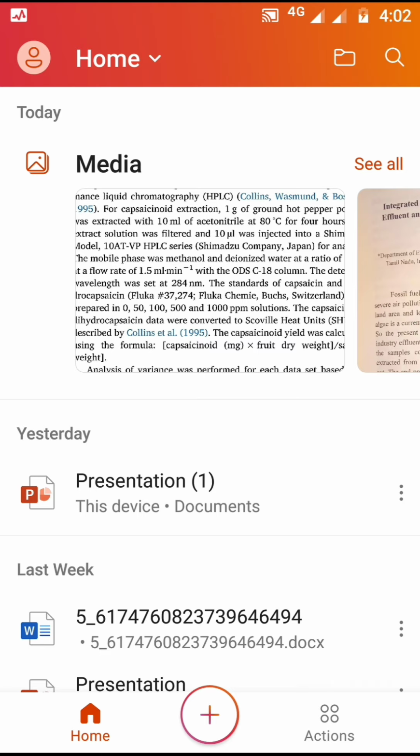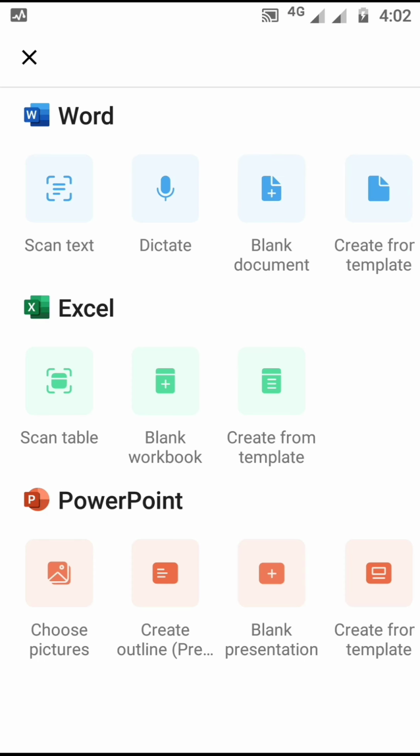The next feature is Word, Excel, PowerPoint. But in all three of these options, if you are a Microsoft Office 365 customer, then you can use many more options, but the basics of MS Office we can do even with this free version. I am a beta tester, so I am getting some options earlier, but mostly they are the same between the beta tester and the normal user.